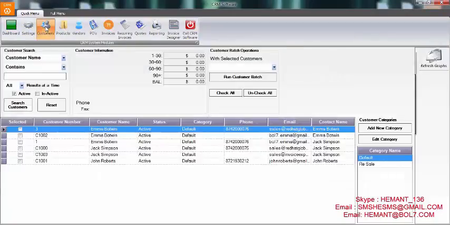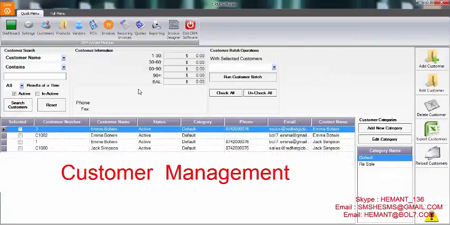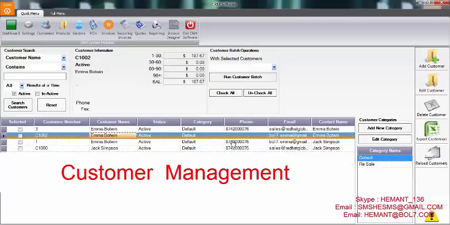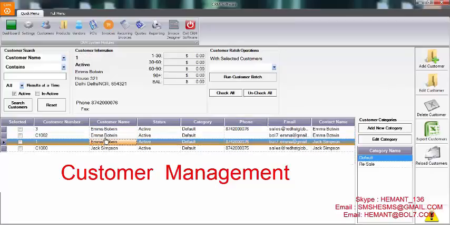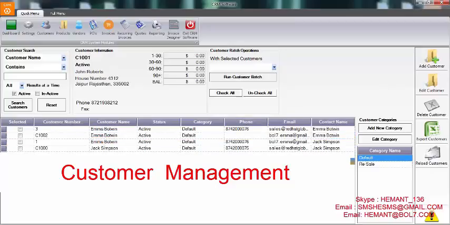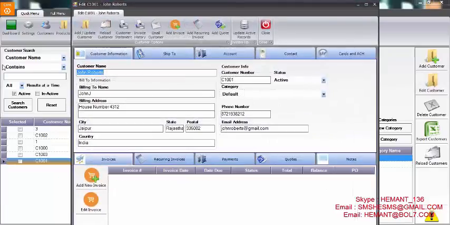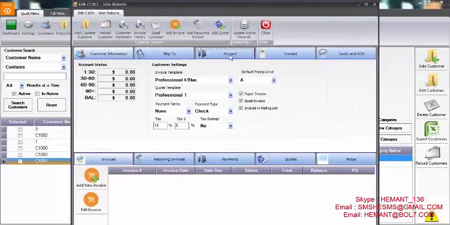Now the other tab which we have is the customers tab. In customers tab, you can add, you can delete a customer from the current database. For example, if you want to edit a current customer, just click on it, click on edit customer, and here you can fill all the details.